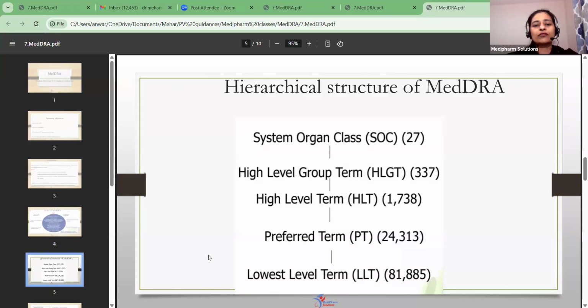Okay. So if you map it to the closest LLT, the next level of higher hierarchy to LLT is PT, which is nothing but the preferred term. And then the higher hierarchy is the high level term, HLT. And then you have the high level group